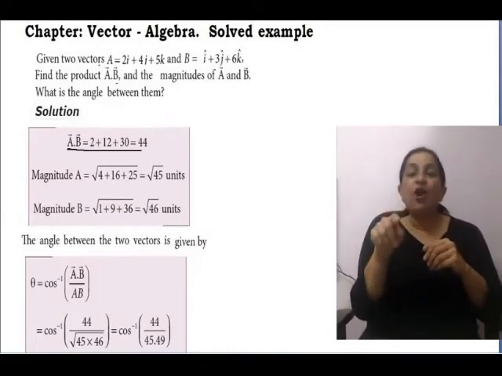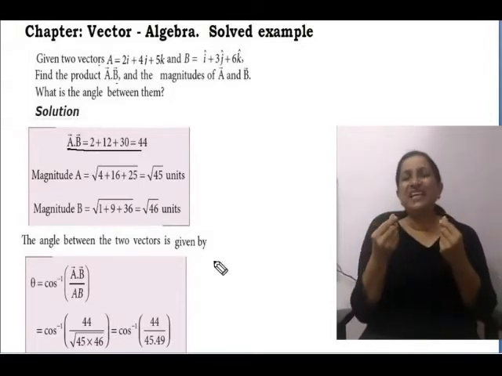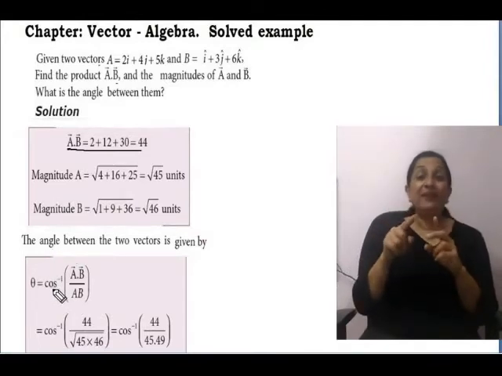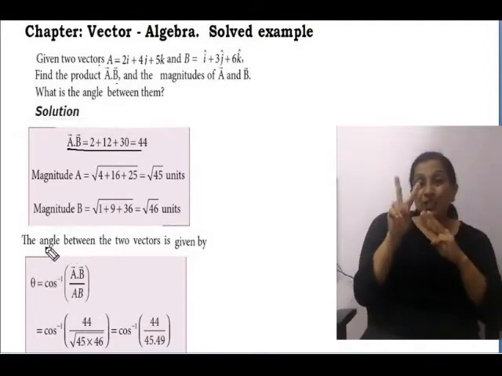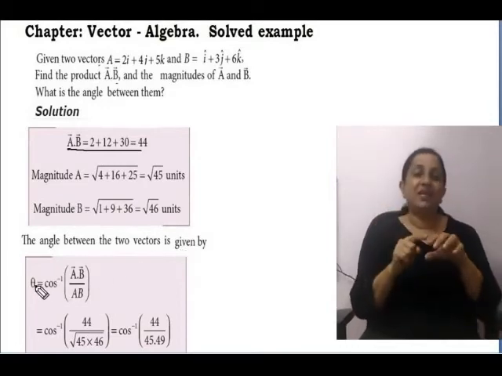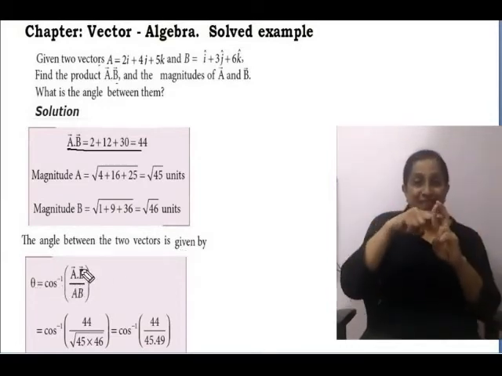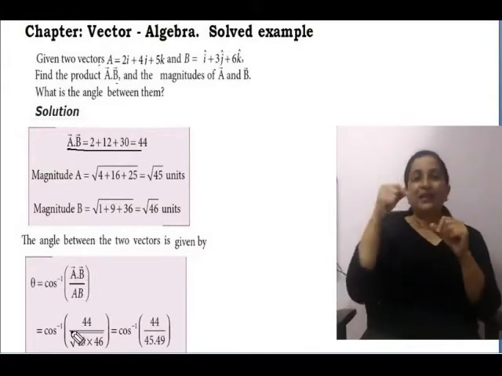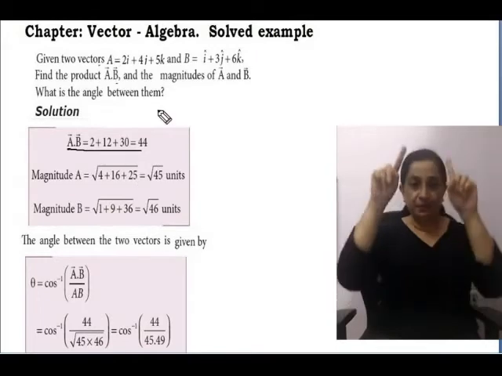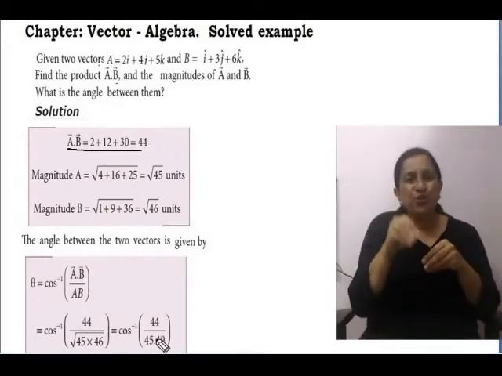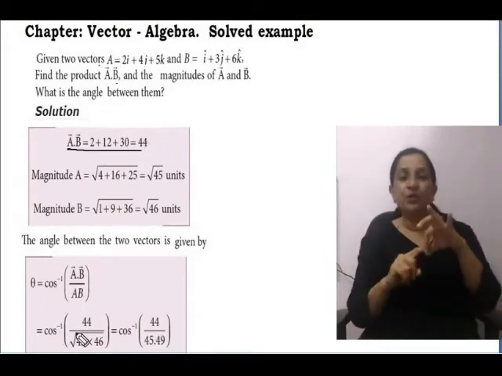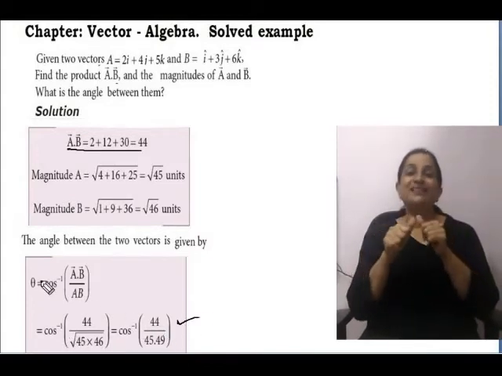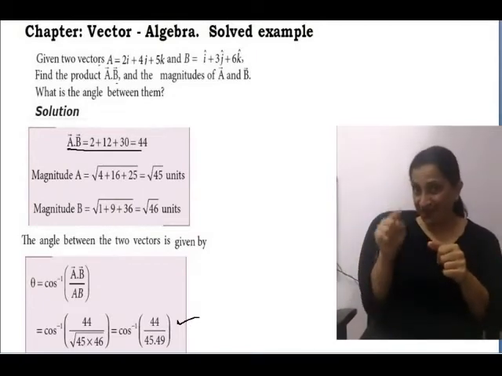And many times there are some problems where they will ask what is the cosine of the angle between these two vectors, that is, the angle between two vectors. There is a formula: theta is equal to cos inverse of vector A into vector B divided by magnitude A times magnitude B. And these values, whatever you have got here, if you put them in, you will get the cosine angle. So you have to just say cos inverse of so much. Okay. So some problems do come with that.